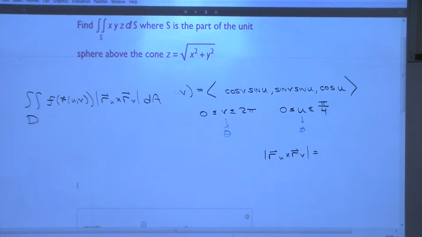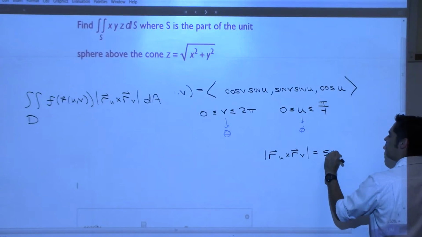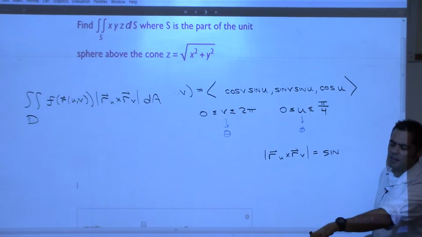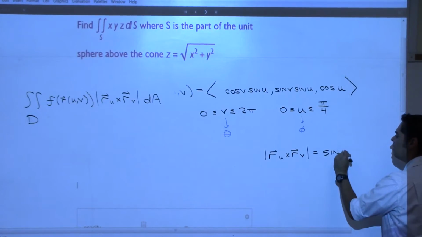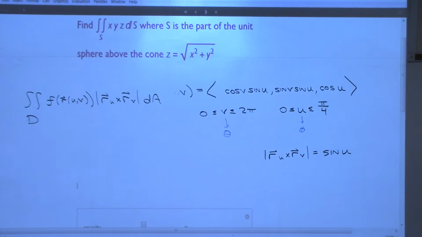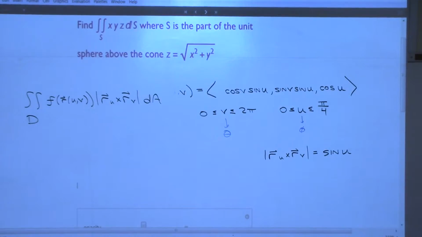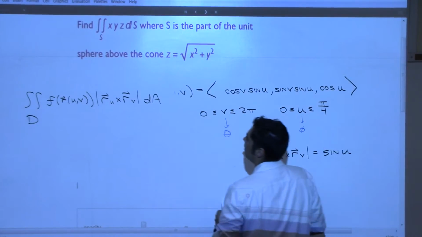I think we got sine V. Will you go look? Or was it sine U? Sorry, I switched my U and my V on my work. A squared. Yes, a squared, but our sphere is... If you look, you're looking at the other example. The one before that was a unit sphere. So we got sine U. If you go through the work, okay. So do you understand how much time we just saved ourselves, right? Okay. All right, so now we go and